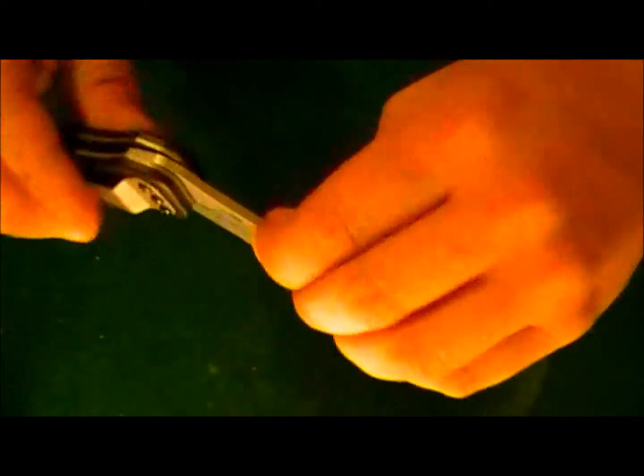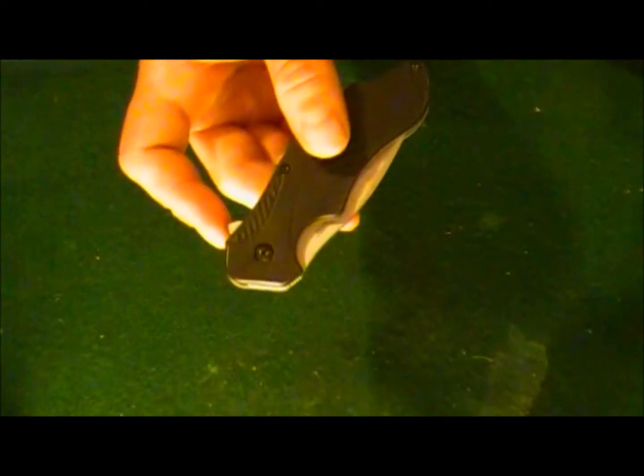I've been playing with it pretty much most of the day, but it's just very, very smooth. I really do like Kershaw's SpeedSafe assisted opening. I think it's very smooth. I think it's very fast. And if you don't like how fast it is just doing the flipper, you could always give it